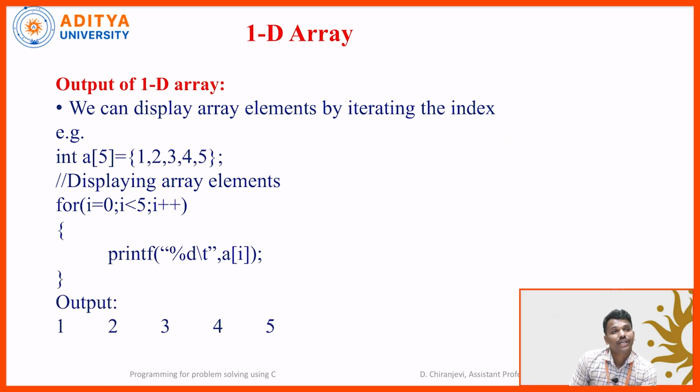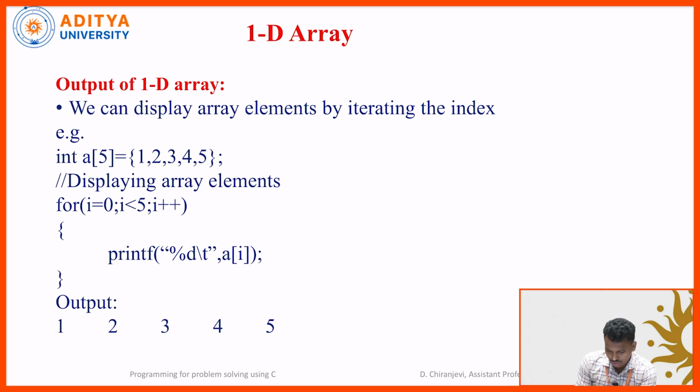Now how can we display array elements? Same way. If you display one element, simply in printf you can write the array name and index. But you need to print multiple elements. Let's say you want to print 5 elements. Do we need to write 5 printf statements? Ultimately no. What if you want to display 500 elements? We will not write 500 printf statements. Because we are repeatedly printing the values, if you are doing anything repeatedly, you can use the concept of a loop. So here a for loop is used.